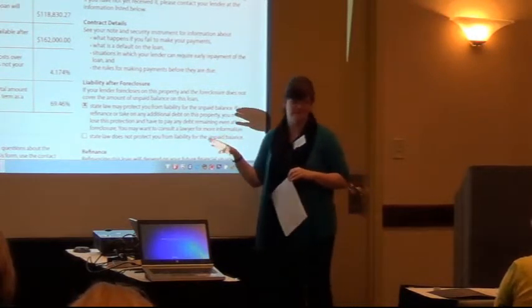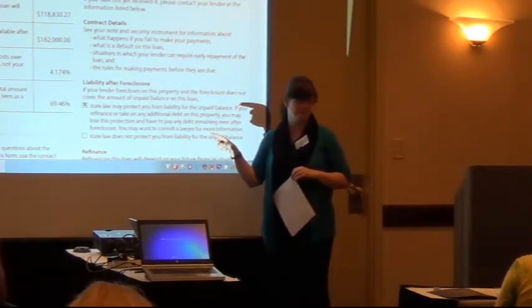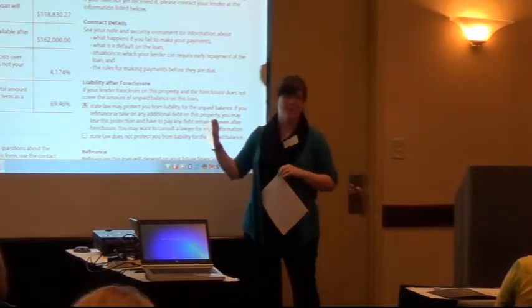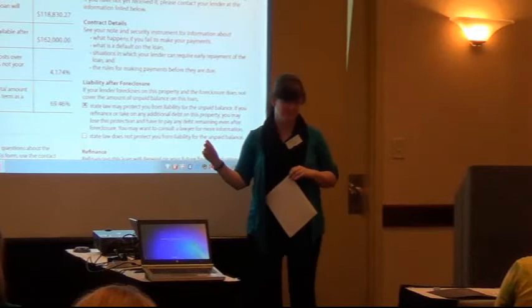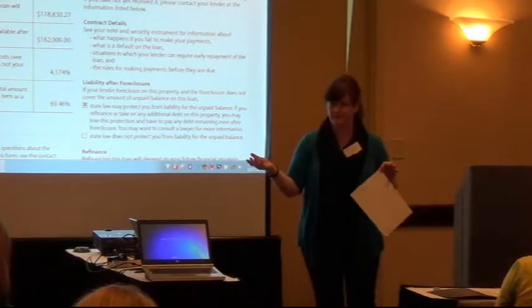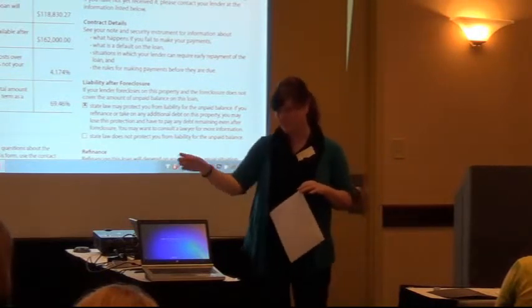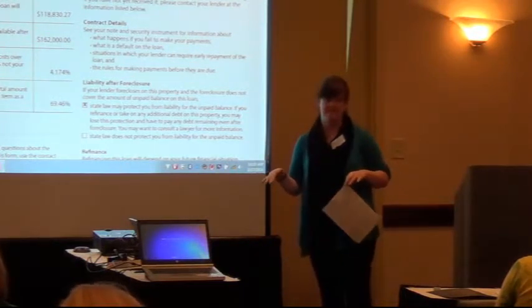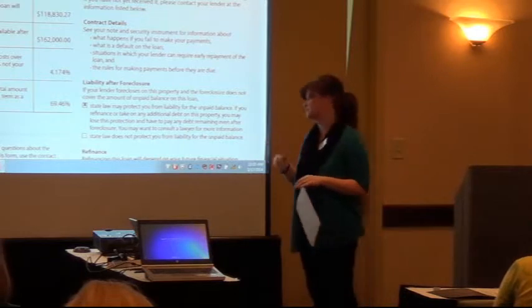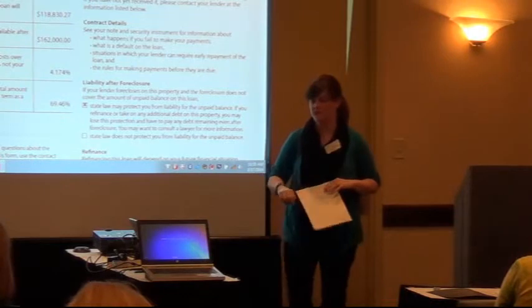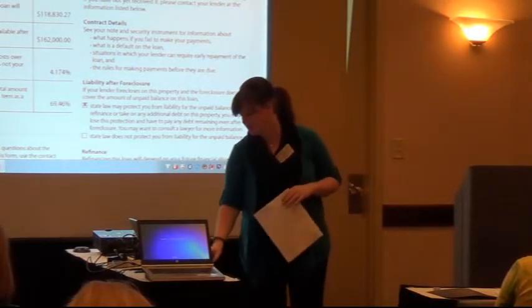Did anyone ever see the cost of funding that was on here before, that they removed from the final rule? That was ridiculous. It was very misleading. It was a very low interest rate on what it would cost you to do this loan that you would disclose to the consumer, which is very misleading because you didn't borrow $200,000 for them, you borrowed $2 million and got a lower rate. That's why you were able to give them a portion of that. So the MBA thought really hard, so did ALTA actually, to have it removed, and they did take it out and it's no longer required. So that was good. Appraisal, contract, liability after foreclosure, refinance, so on and so forth, all just hard-coded, nothing anyone would have to type.